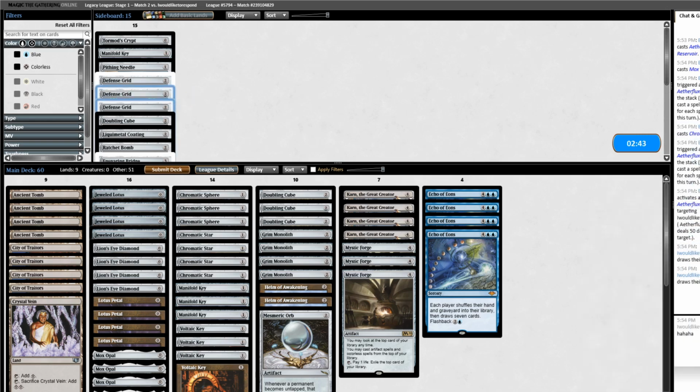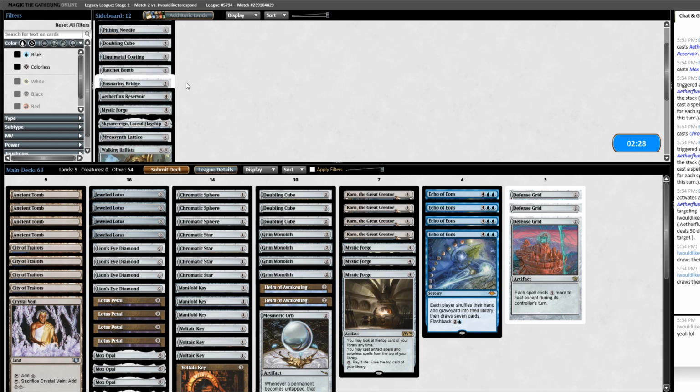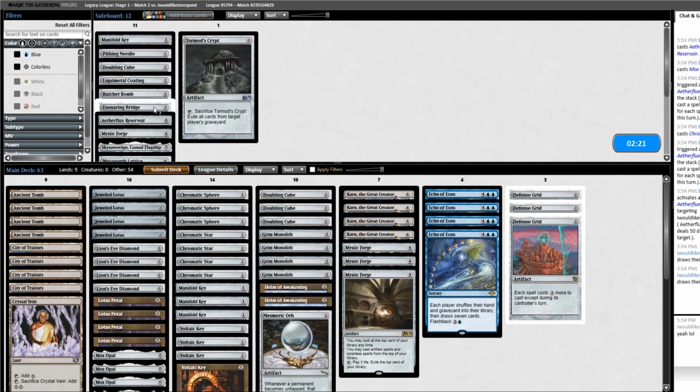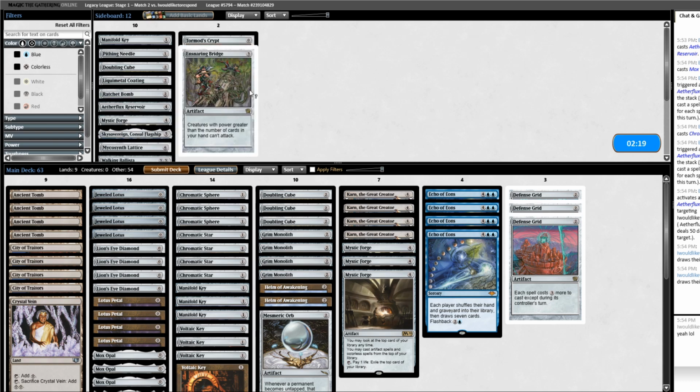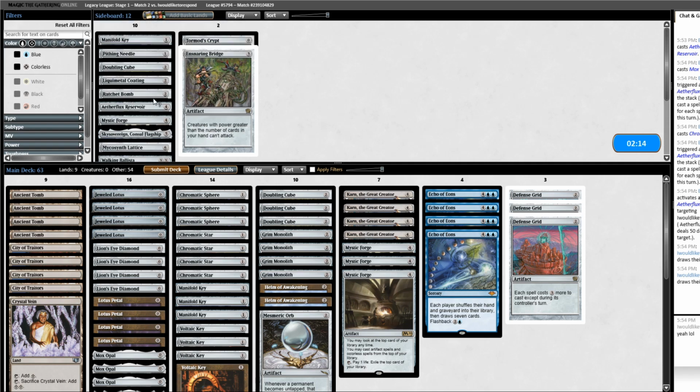Alright, well, Defense Grid is definitely coming in. Oh, I'm so happy right now. Alright. Little Kid Magic. That was one turn of Magic the Gathering. Alright, so the Defense Grids come in, and I don't think anything else does. Yeah, whatever. So...